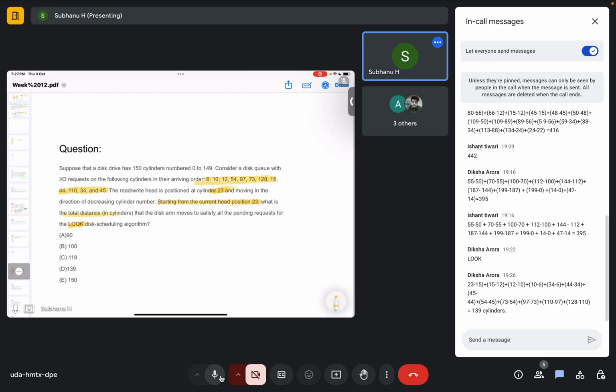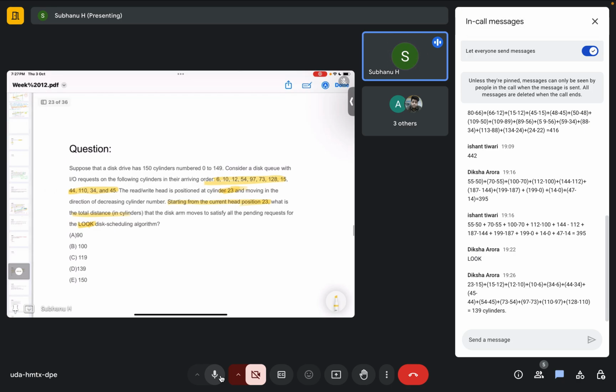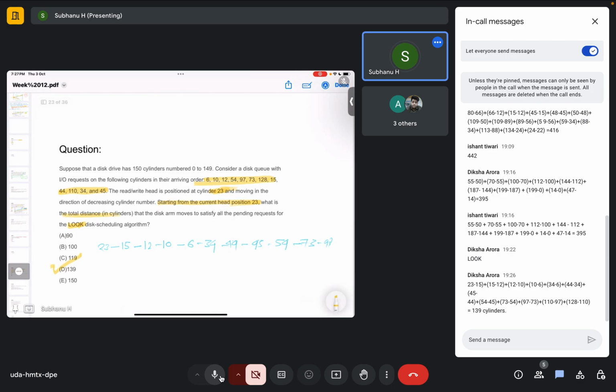You are right, Diksha. It is 139. Okay, so the correct answer is 139. I am just writing how it will be solved. 23, then it will go to 15, then 12, then 10, then 6, 34, 44, 45, 54, then 73, then 97. You can see the difference that here from, okay,